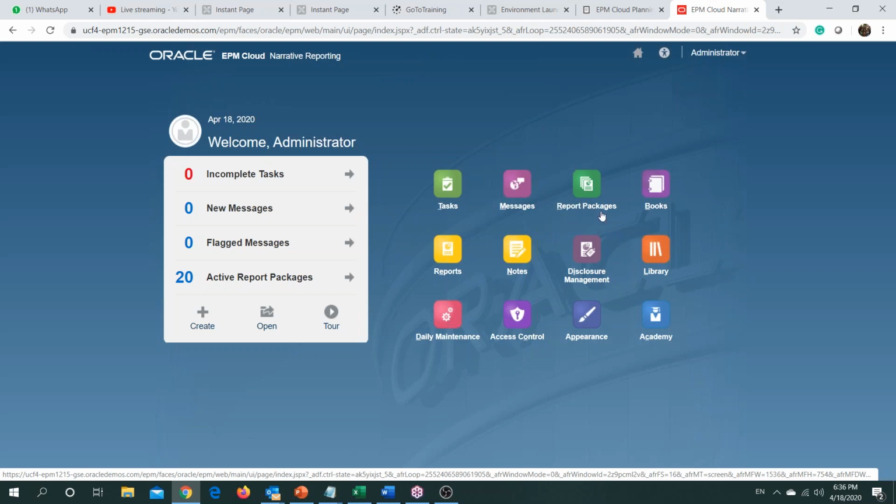Then we have a report package card. Under report package, a complete report package is developed containing various sections and subsections defined as doclets. Now, we would be further discussing what kind of doclets there are. Then you could also prepare books. Books are basically a combination of one or more reports developed in order to provide management reporting, and also a combination of reports helps in quarterly filing.